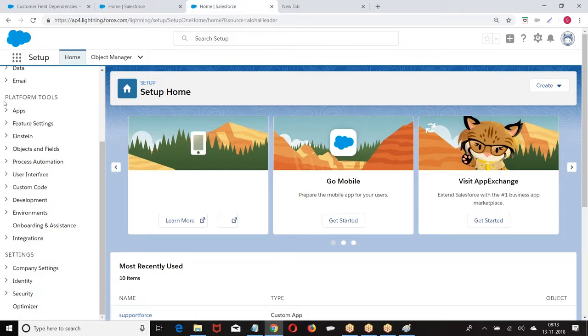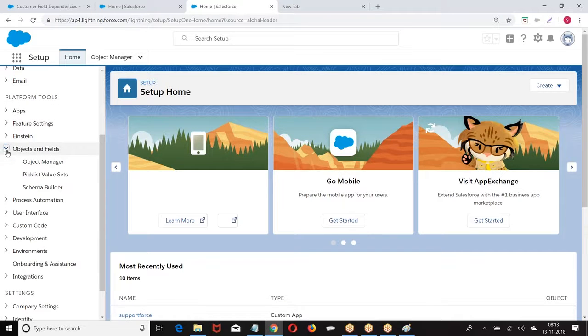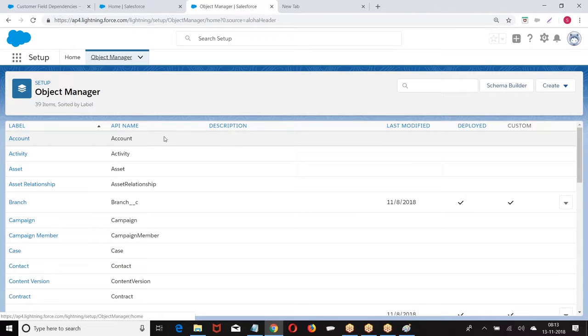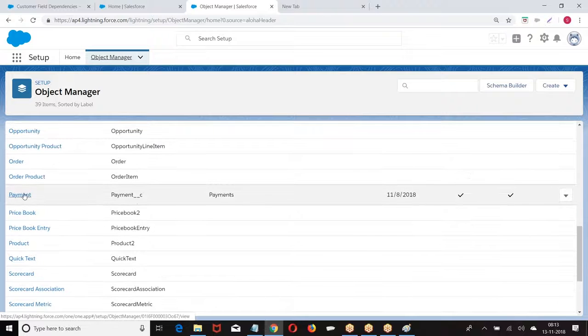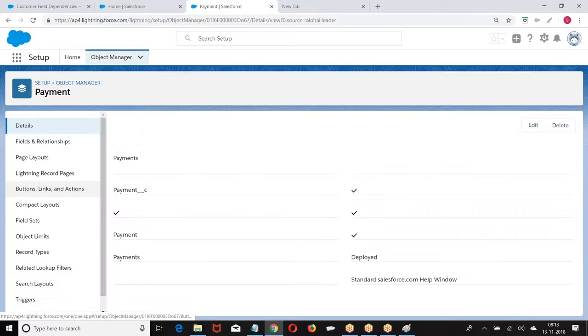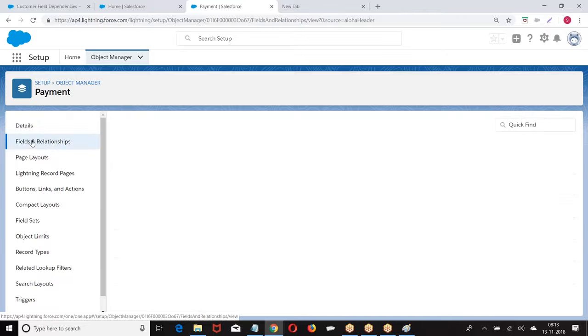We have platform tools, objects and fields, object manager. Then I'll go with the payment object. Open the object. So what we have? Fields and relations.